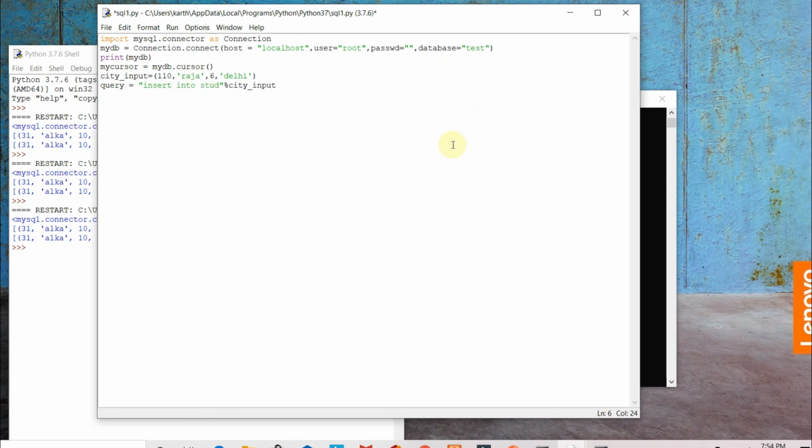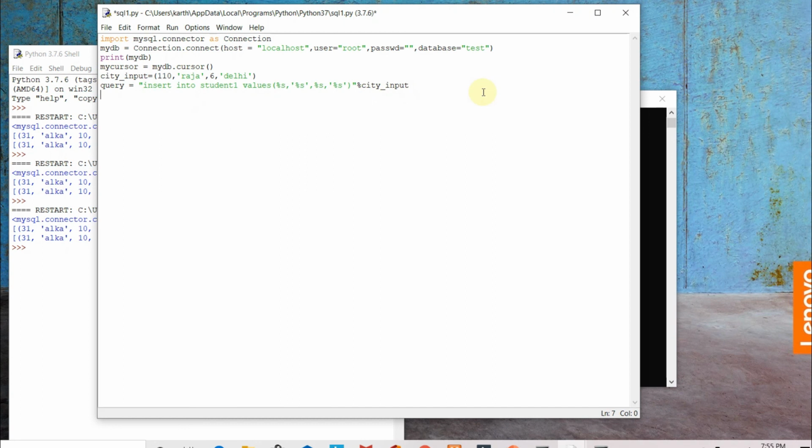Insert into student1 values, and then I have 4 values to sit over here within the bracket. First value is a number, so I need to have percentage. Second value is a string, so within the quotes. Third value I have a number. Fourth one again a string.